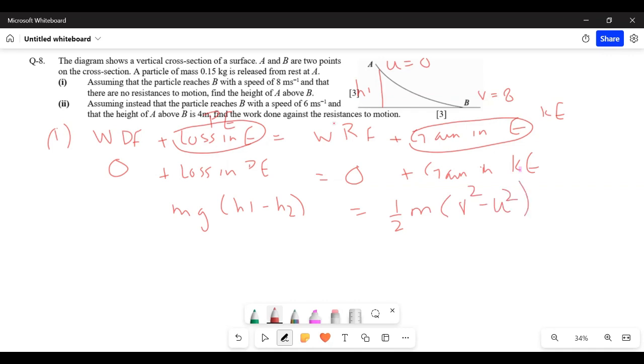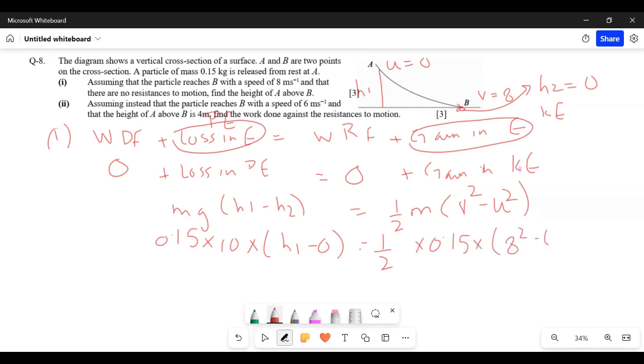अब वैल्यू सब्स्टिट्यूट कर लेते हैं और एच की वैल्यू निकालते हैं। यहाँ पे तो हाइट 0 है B पे, सो हाइट 2 इज इक्वल्स टू 0। Okay, so m is 0.15 into g is 10 into height, bigger height is h1, smaller height is 0, is equals to half into 0.15 into 8 square minus 0 square,